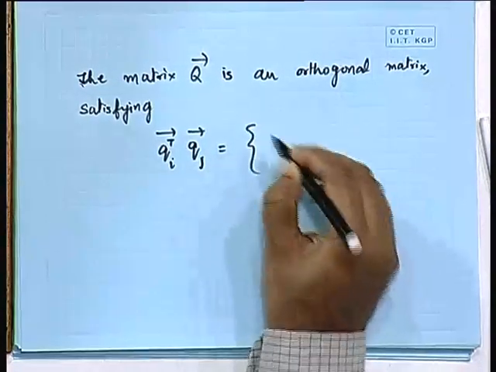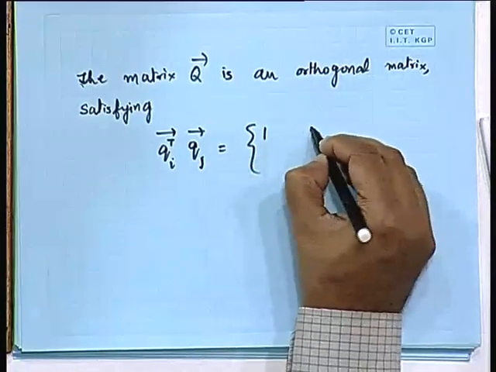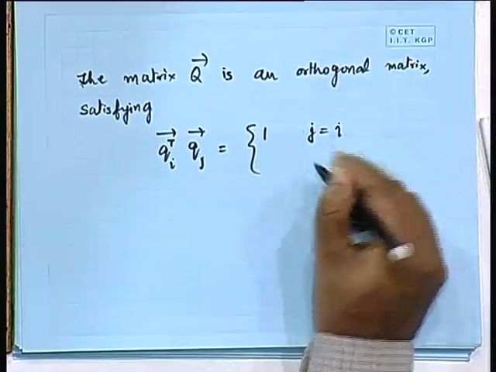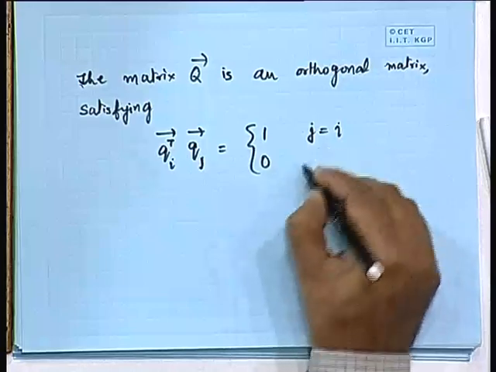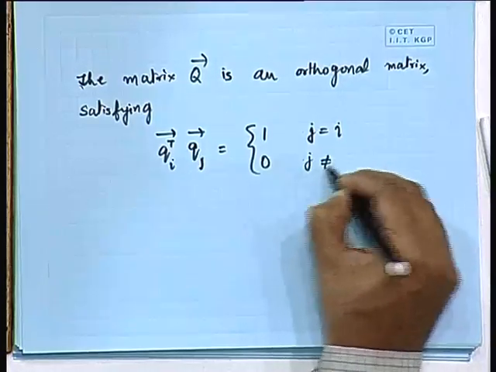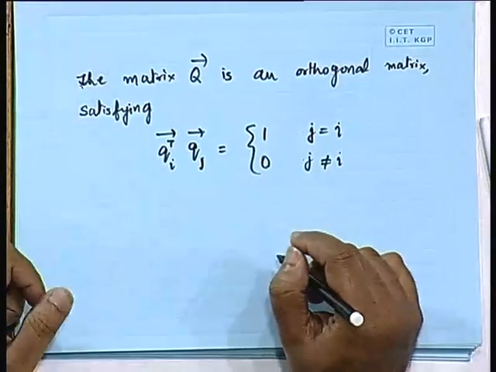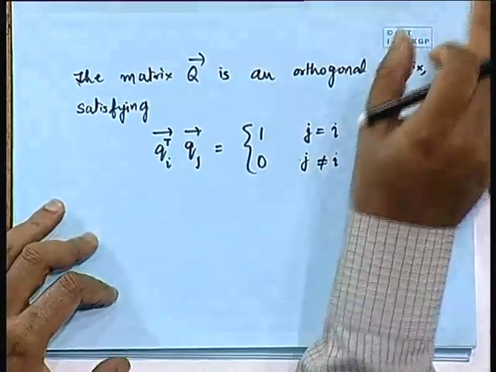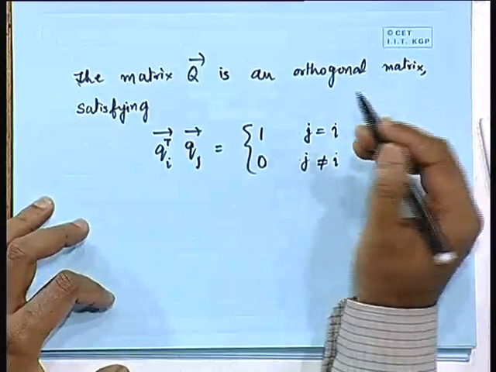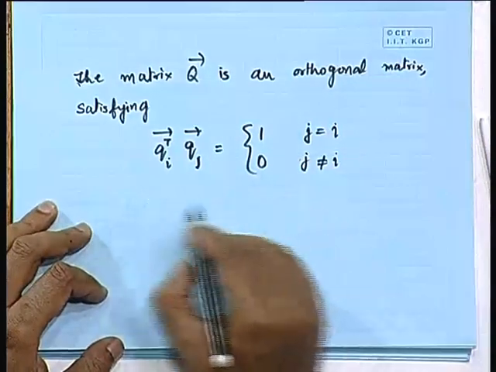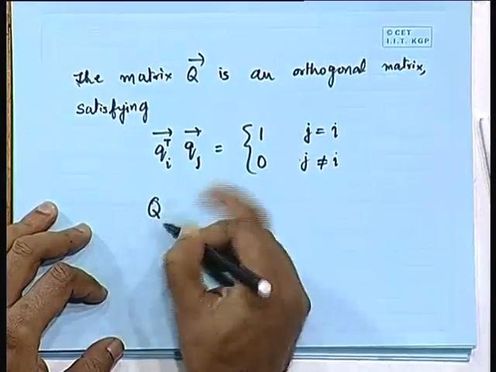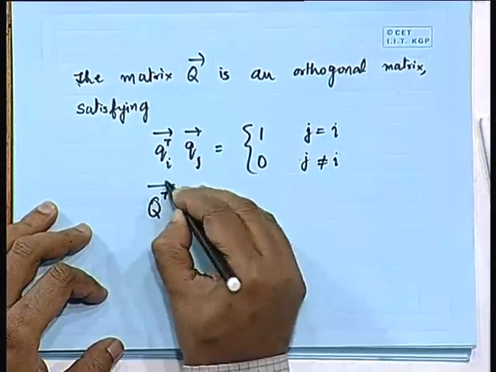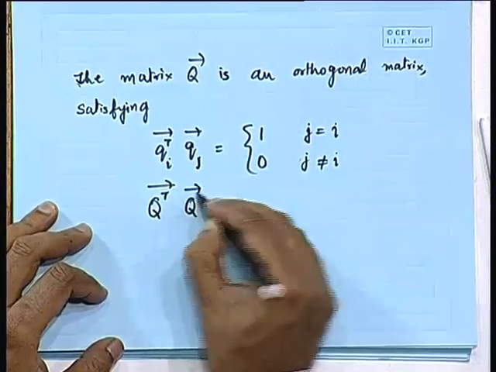You will find that this is equal to 1 when j is equal to i, and this is equal to 0 otherwise, for j not equal to i. So, from the orthogonality property we can write down that Q transpose Q is equal to